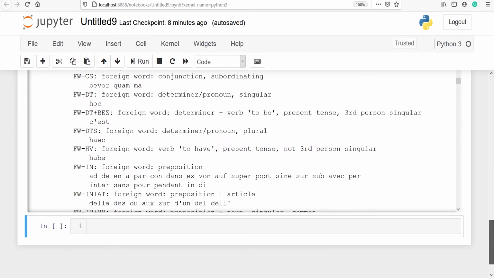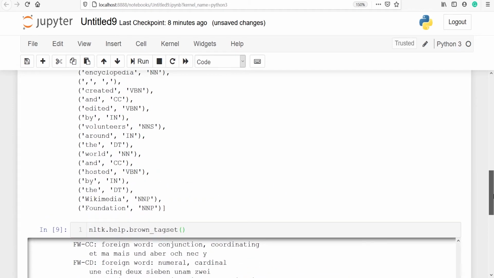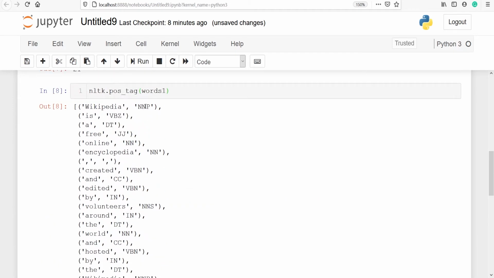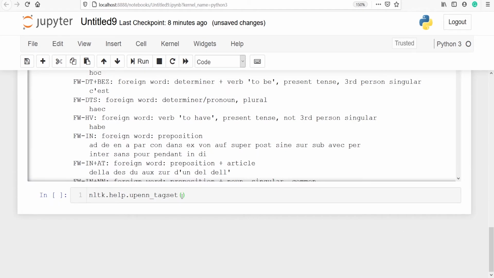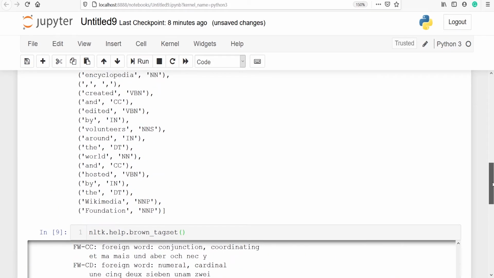And to get the full form of a particular short form, there is one more method. I'll type nltk.help.upenn_tagset, and now we want to know the full form of this NNP. I'll copy this NNP from here and paste it here in double quotes. Let's execute our code. NNP stands for noun, proper, singular. Similarly, we can look at some other codes.